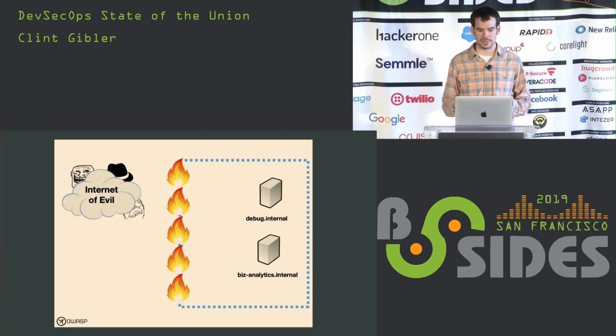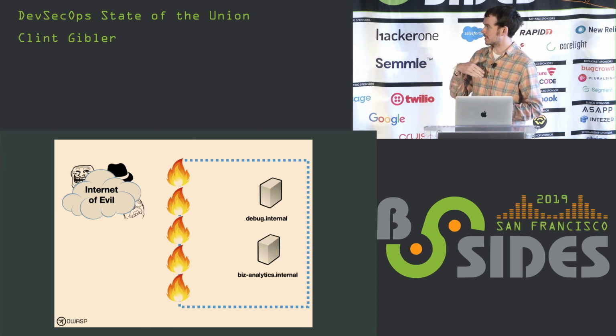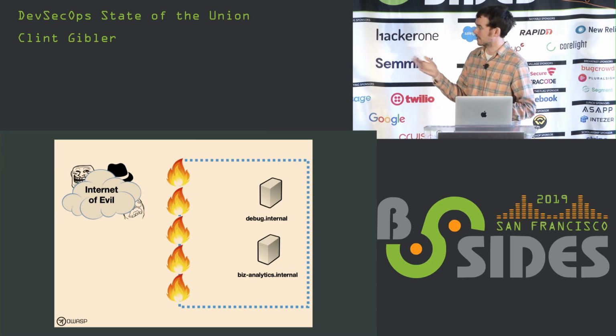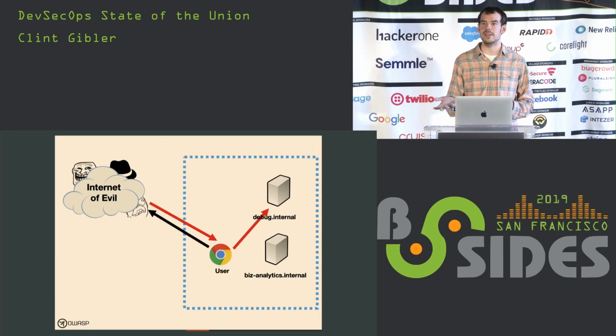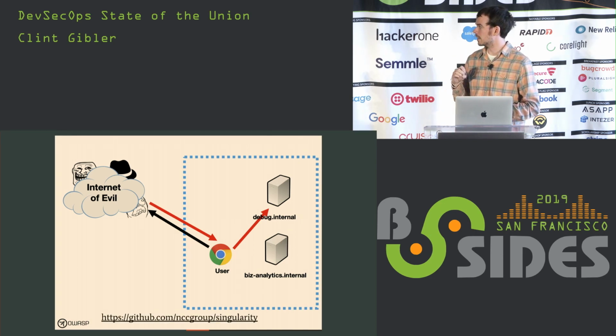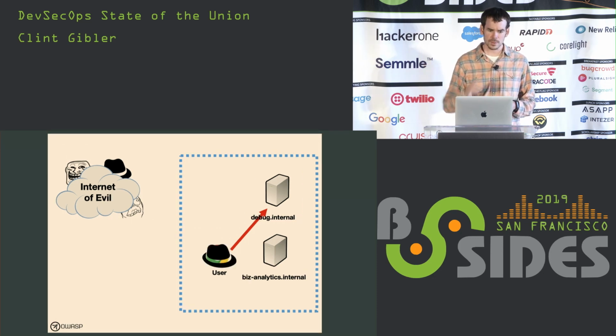So initially, you might say, oh, let's just firewall it off. Let's say we have like some services where you can debug prod or like business analytics. Let's just firewall them off so people can't access them. Unfortunately, that doesn't work for, say you have users on your internal network, like employees who could be CSRFed or attacked by DNS rebinding and things like that. So that would allow external attackers to still reach these internal services, even if there's a firewall. And to put out a shameless plug, some colleagues of mine built Singularity, which is a pretty neat DNS rebinding tool. Also, if you already have an attacker on the inside, again, firewall doesn't help. Or if you're interested in the internal abuse case, again, a firewall is not going to help.